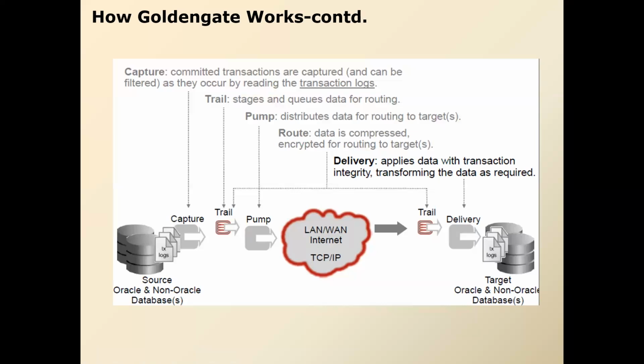Okay. Another important thing is, as I told you, Golden Gate is platform independent. So your source can be on Windows and the target can be on Linux as well. Golden Gate can replicate the data without any issue. Right? So how is that possible? Because the format of the Golden Gate trail file is platform independent. The format of the trail file will remain the same whether it is generated on Windows or Linux or something else. The format of the trail file never changes. So this is why Golden Gate is platform independent.